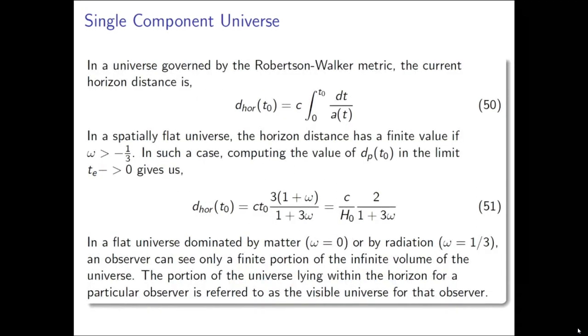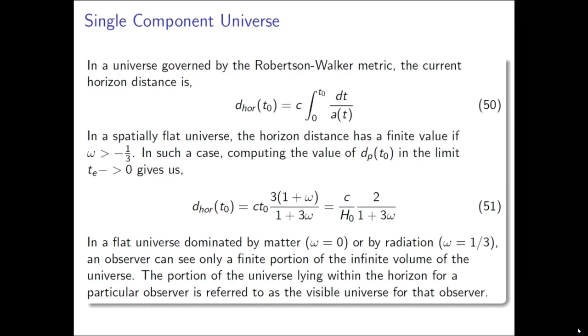In a universe governed by the Robertson-Walker metric, the current horizon distance in a spatially flat universe is equal to c times the integral from 0 to t naught of dt by a of t. In a spatially flat universe, the horizon distance has a finite value if omega is greater than minus 1 by 3. In such a case, we find the value of dp t naught in the limit